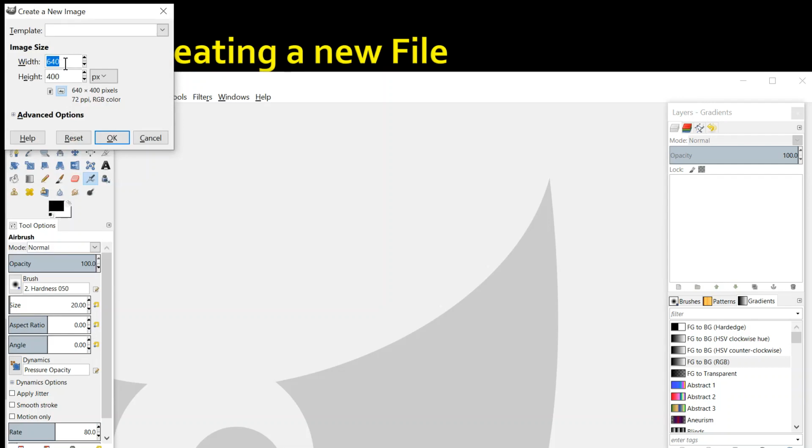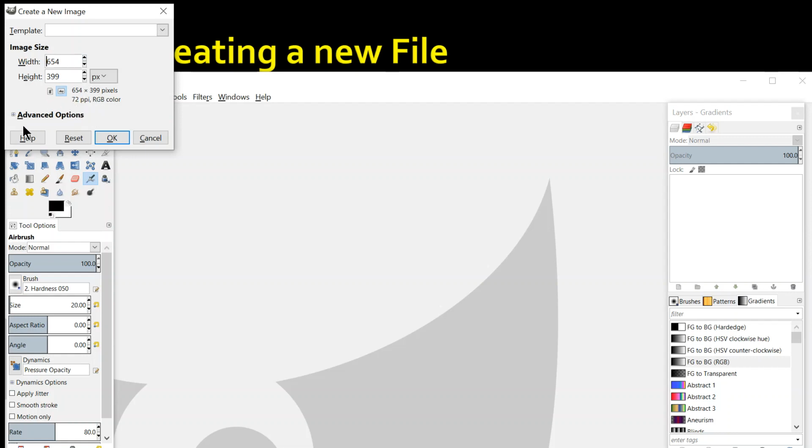Here, if you want to create a bigger image, then increase the width or height. As per your choice, you can increase or decrease the height and width of the area of your image. Fine. As per the area of the image, you can see the pixels of the image are also changing. ठीक है, जितनी बड़ी आप यहाँ से इमेज साइज करेंगे, the pixels of your image will be increasing or decreasing, right?